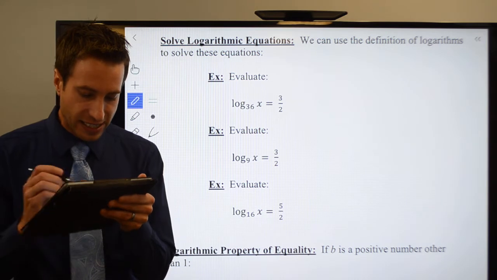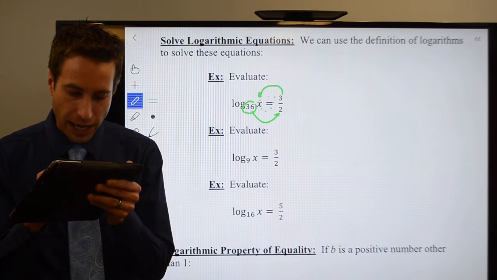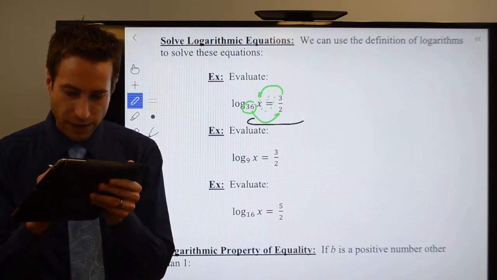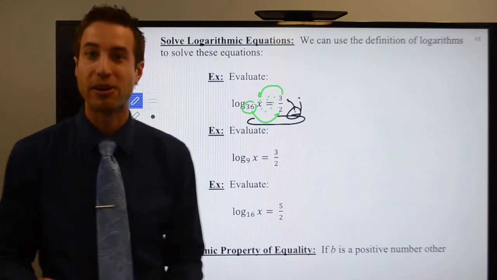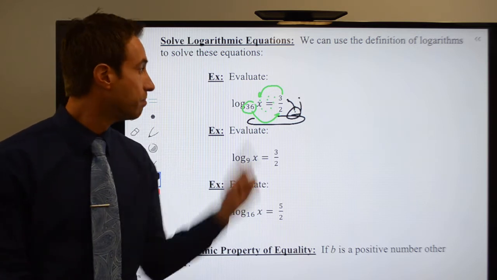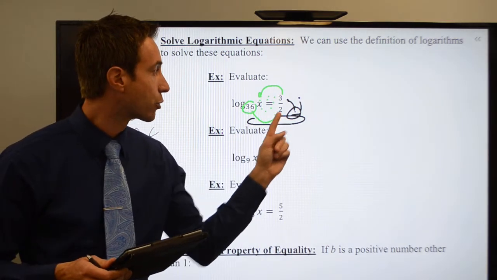We know we're going to need the Snail Method. Start with the base and work your way around the equal sign. If you feel like it, go ahead and finish off that snail. Draw yourself a cute little snail, put little antennas on him, give it eyes and ears. Remember, he likes to meow. Meow. But anyway, the way the Snail Method works, I'm going to have 36 to the 3/2 power